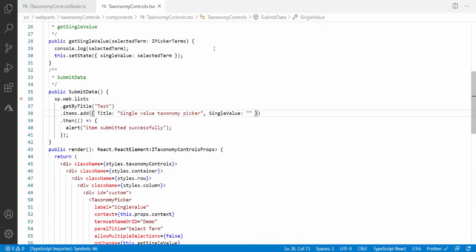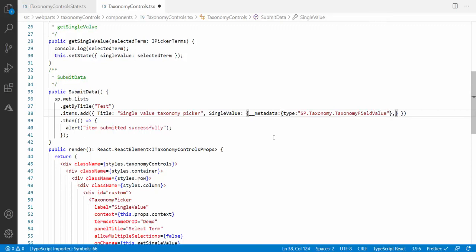So guys, there's a certain way to set the value of the taxonomy picker to the SharePoint list. So we'll do that. Over here it's a single value, so let me open this bracket, and first of all I have to write __metadata, and in this I have to tell the type of my metadata. So again I will say type colon, and the name will be SP.TaxonomyFieldValue, because we are setting the taxonomy field value. Just be careful with the spelling, with the typo.